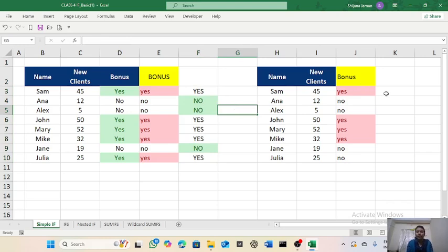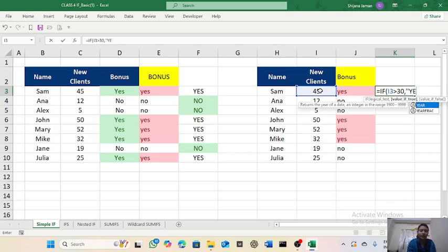Like this, again, IF formula, logical test, this cell 45 greater than, previously we selected 20, now we select 30. 45 greater than 30, obviously it is greater than 30. Value if true, it is true. If it is true, we have to write yes, comma, if it is false, we have to write no,